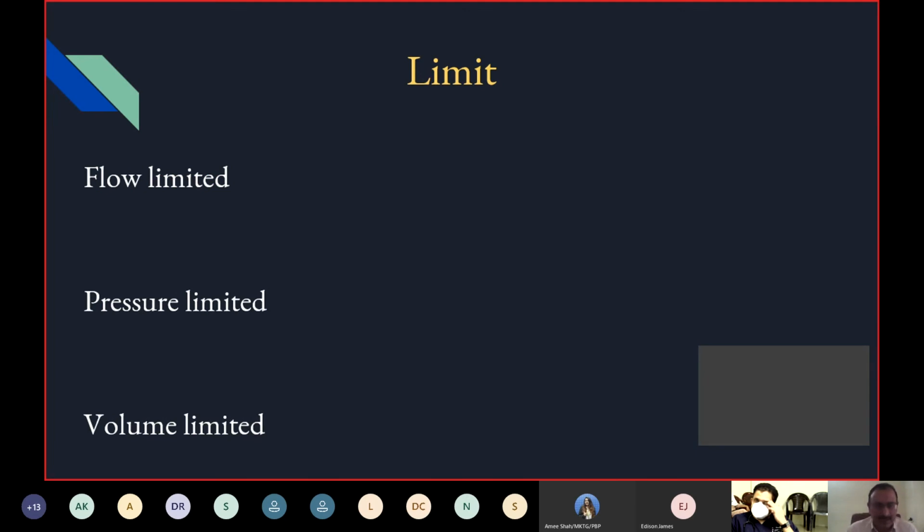Now, limit. Limit is basically what happens between the inspiratory onset and expiration. This is a setting where you limit how much flow should reach the patient, how much pressure should reach the patient. It doesn't mean that at the end of this volume,